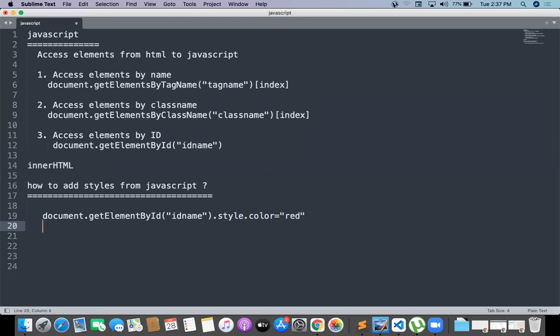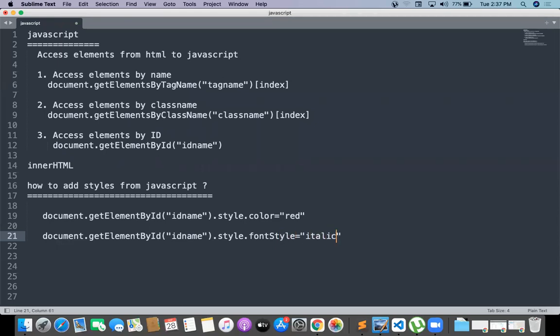I want to give the color red. And if I want to access the font style, it should be something like this: document dot getElementById, ID name, style dot fontStyle, font with capital letter S style, something like italic.